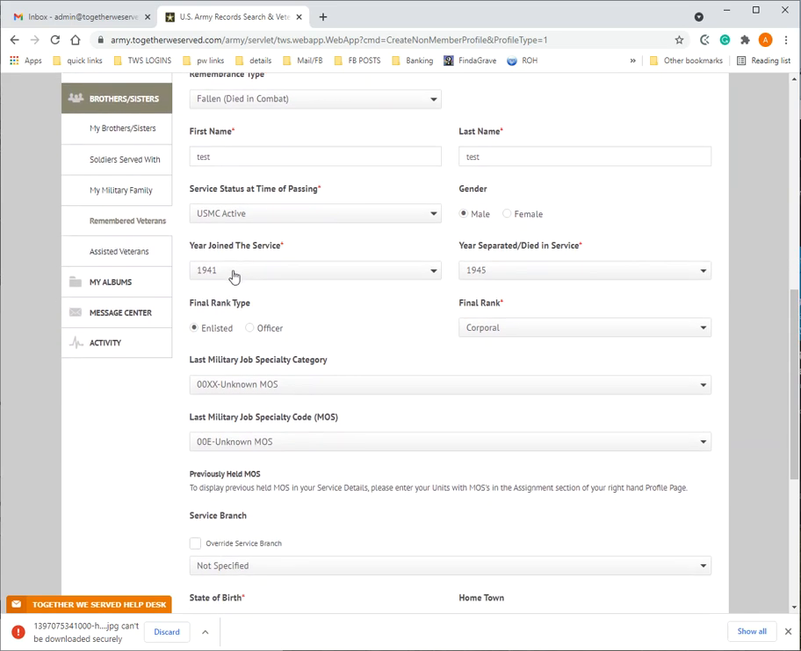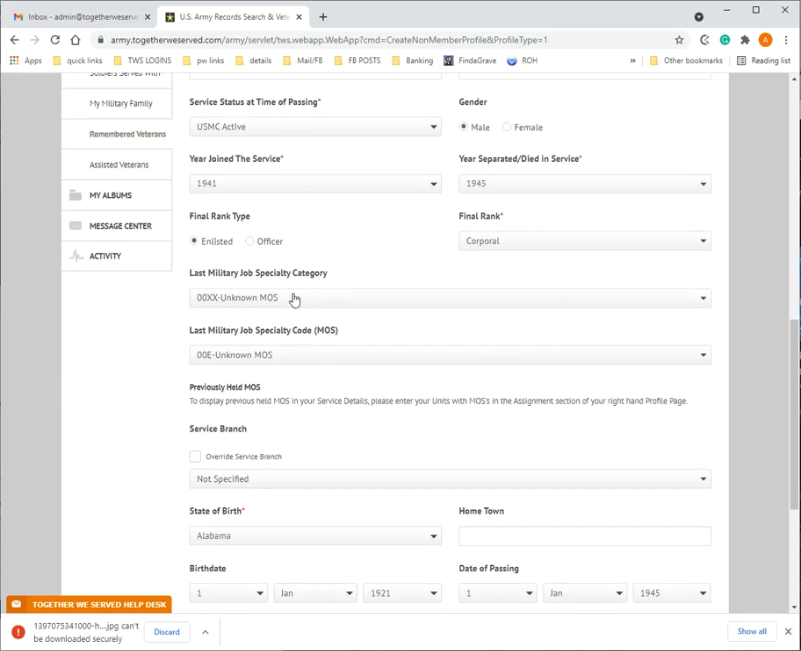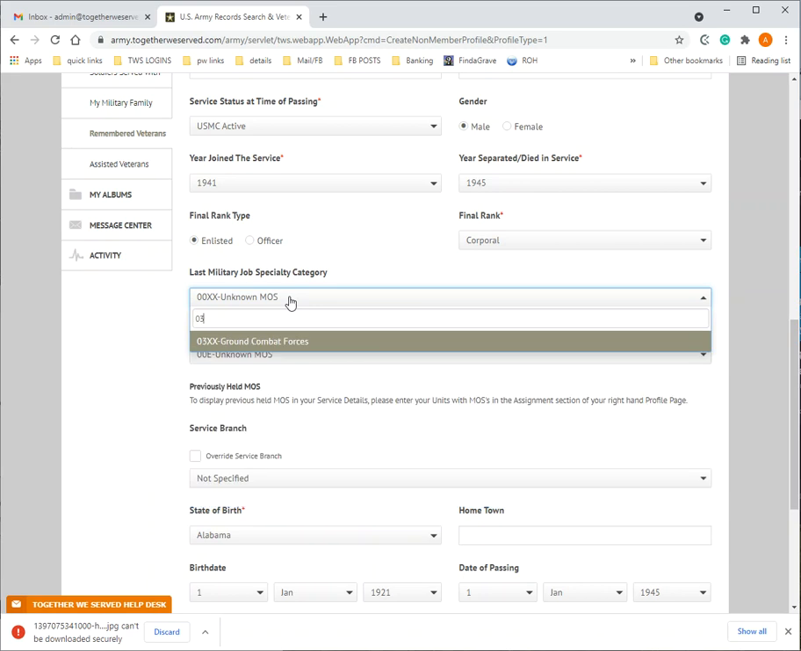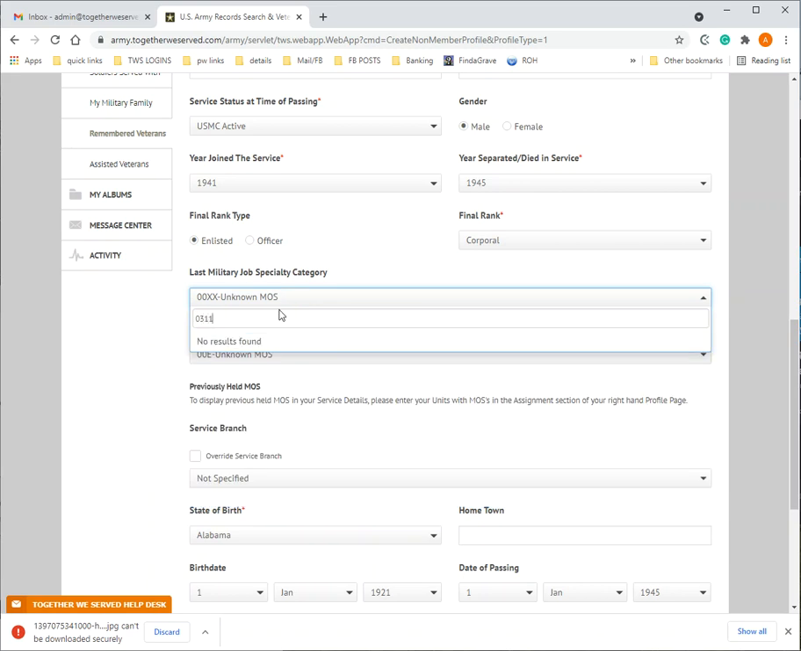You're going to put the year they joined the service, the year that they were fallen. You're going to put their rank in. You're going to put unknown if you do not know it. If you do happen to know what their MOS was, and let's say this Marine, he was a combat forces gunner, you could put 0311 for combat forces,